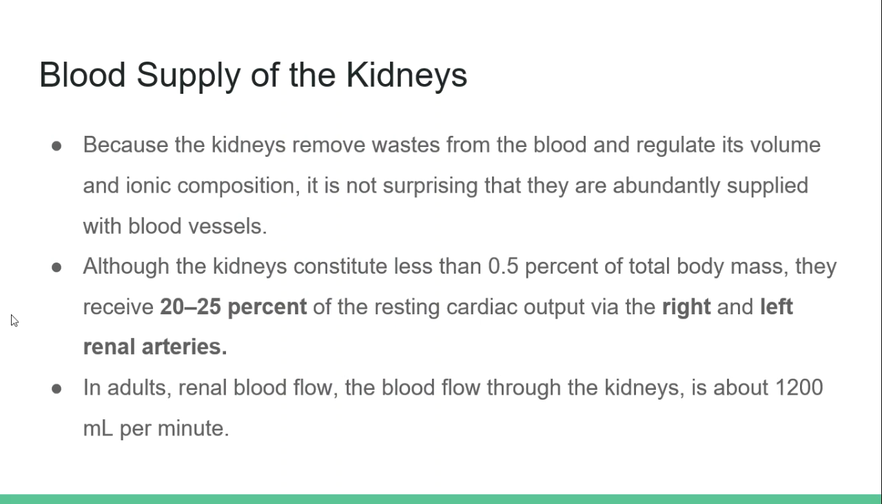In the last episode, we stopped on the blood supply of the kidneys, and we had talked about the kidney removing waste and regulating ionic composition. It is not surprising that they are richly supplied with blood vessels. We hinted that the kidney receives 20 to 25% of the resting cardiac output via the right and left renal arteries. Most of the blood first enters the kidneys before being transferred to other tissues, and this helps